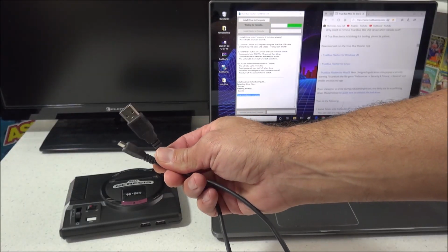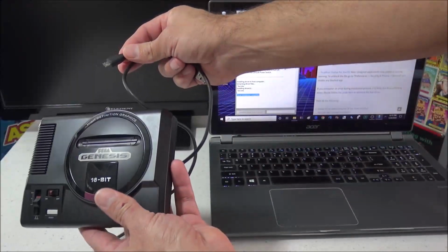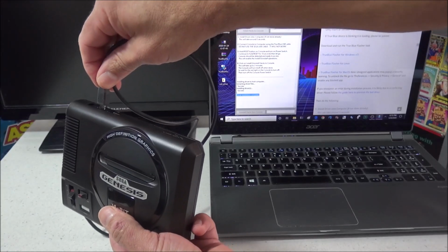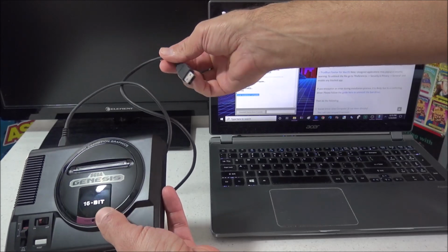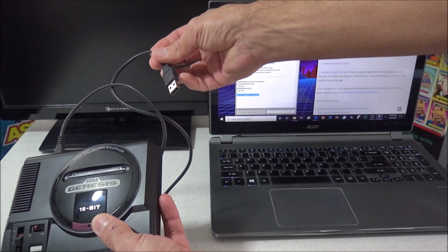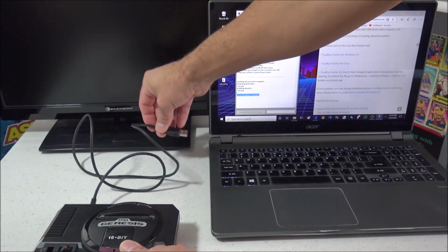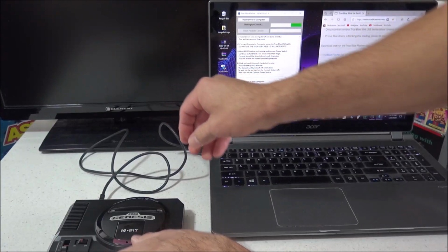Now it's time to grab a micro USB cable that does read data. And just to let you know, the micro USB cable that does come supplied with your Genesis Mini does not support data. So you can either use the very short cable that comes supplied with the Genesis UltraDrive or your own data cable. Now go ahead and make sure that your Sega Genesis Mini is in the off position, and go ahead and plug the micro USB cable into the back of the Sega Genesis Mini,